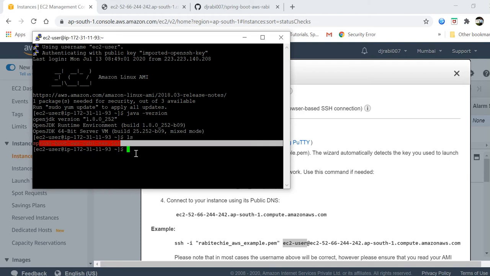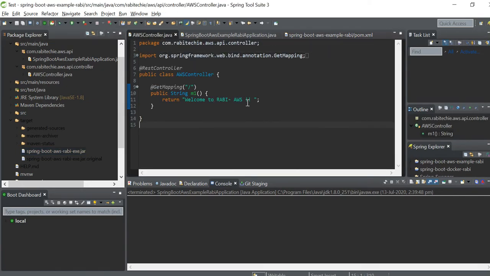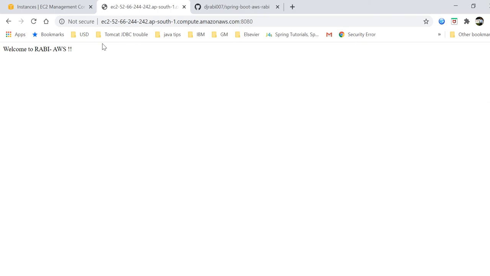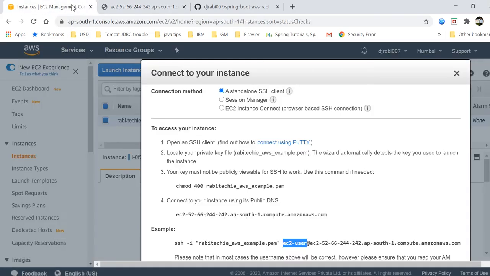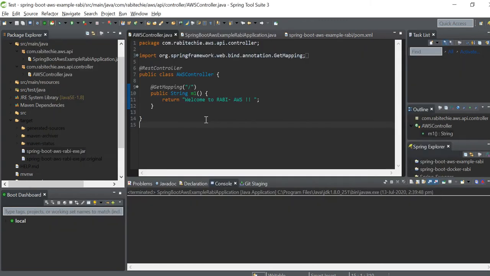To execute the jar file, use java -jar. Then it will be running, and you will see it is running welcome to Ruby AWS, which is what the AWS controller returns. So this is the jar file, and you can connect from PuTTY and do that.